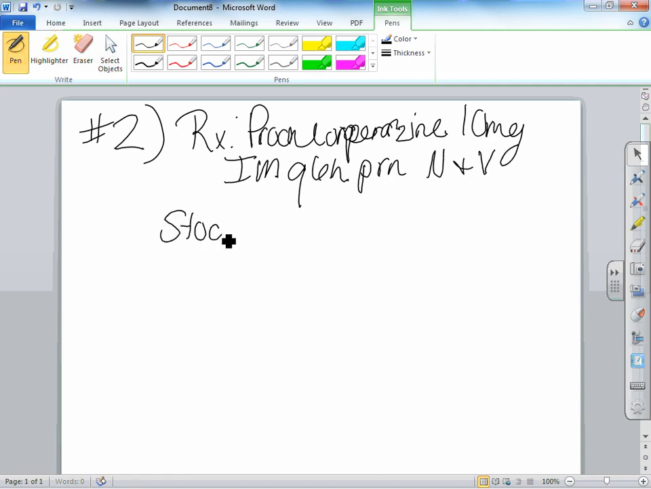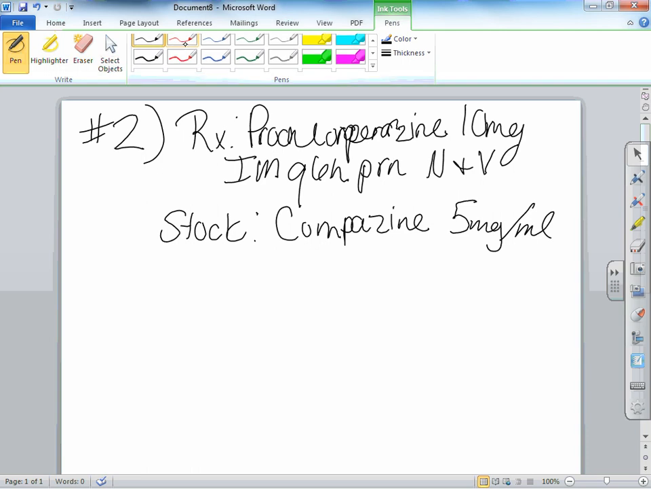What you have in stock, you have Compazine, which is basically the brand name of the medication, because right below it you do see the prochlorperazine right below it, but the strength of that medication, as you can see, is 5 milligram per milliliter. All right. So